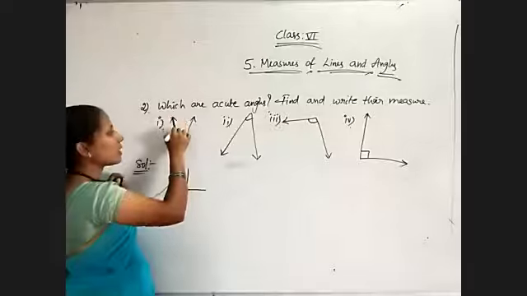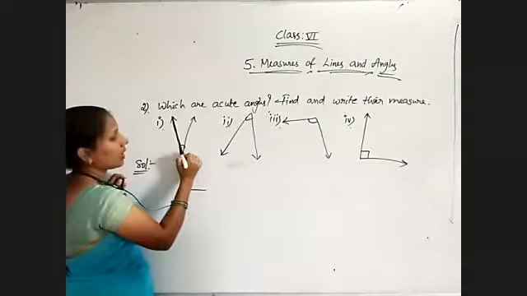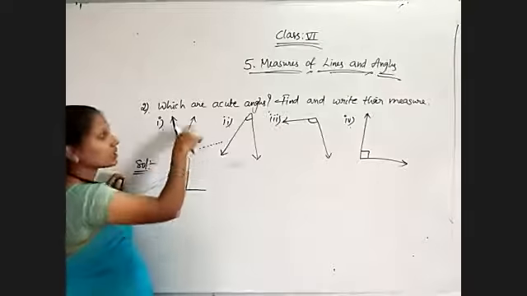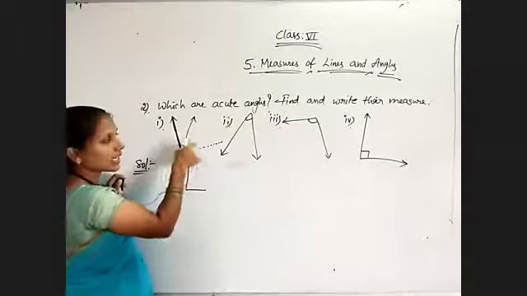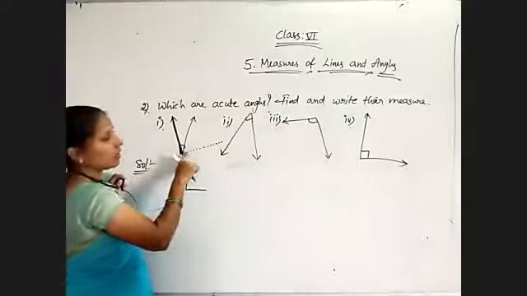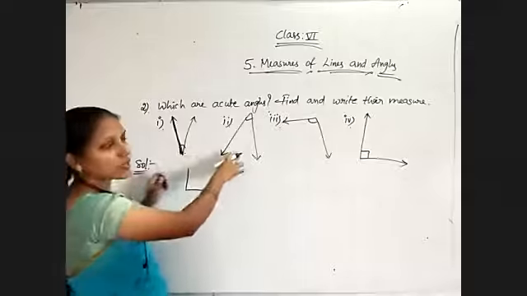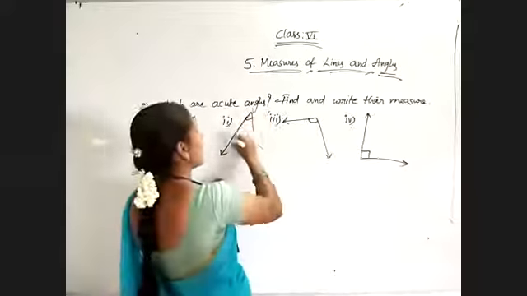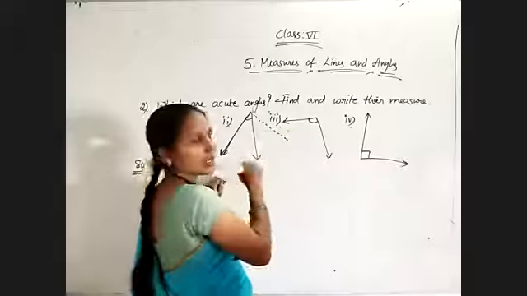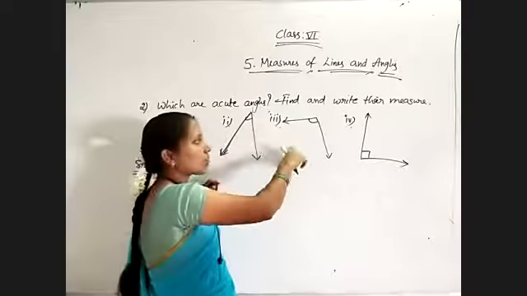Now I am taking this arm. For this arm, I am constructing 90 degrees. Now observe the other arm. Is it more than 90 or below 90? Below 90. So it is an acute angle, below 90. Coming to the second question, take any one of the arms and try to construct its perpendicular, an L shape only. Again, the other arm is also less than 90 degrees, so it is also an acute angle.